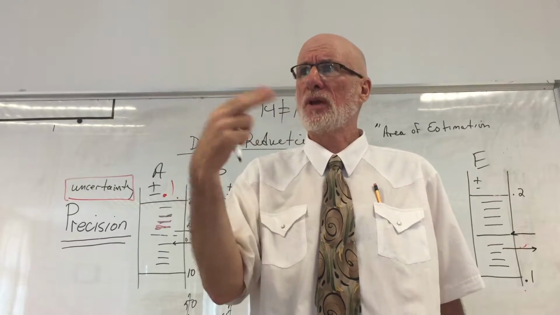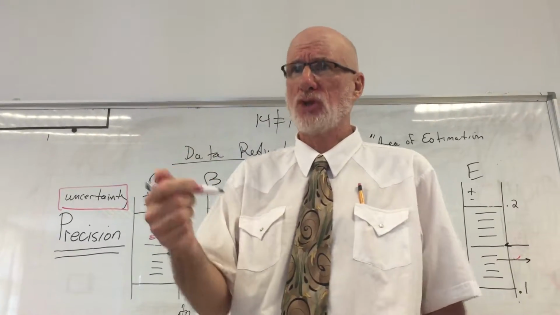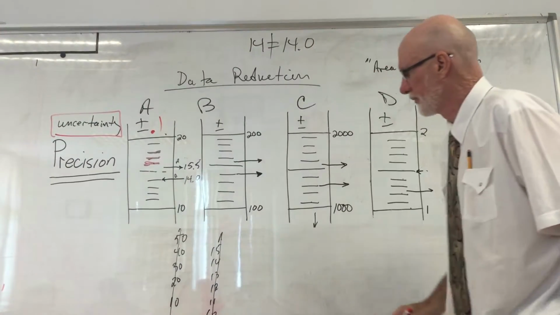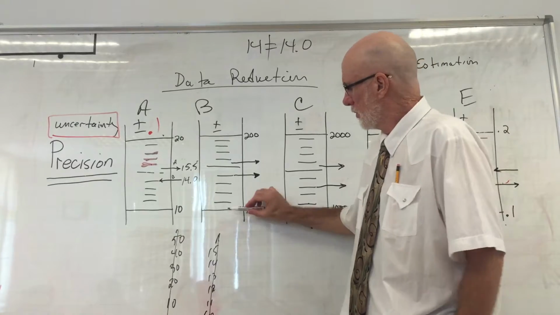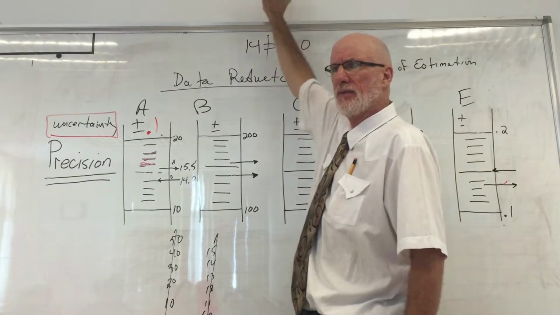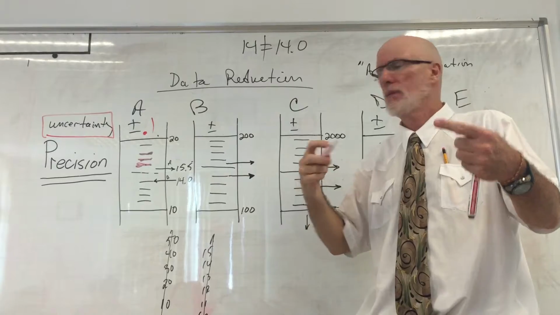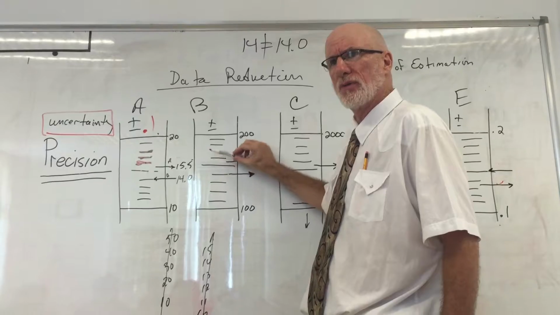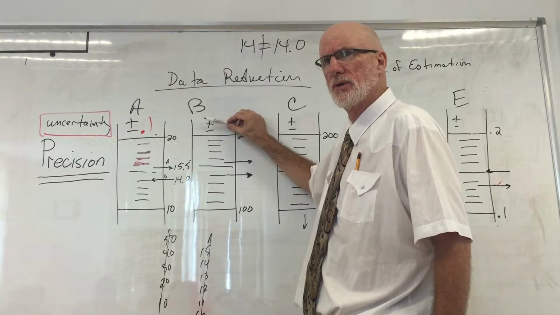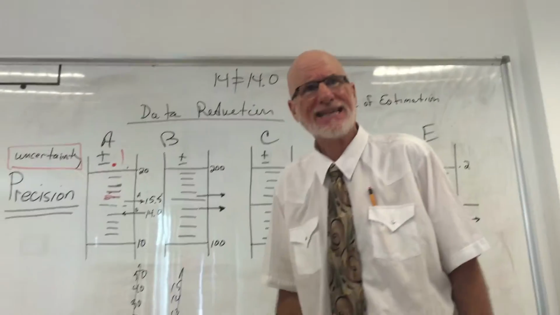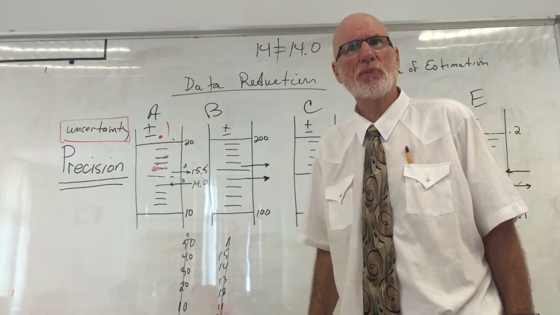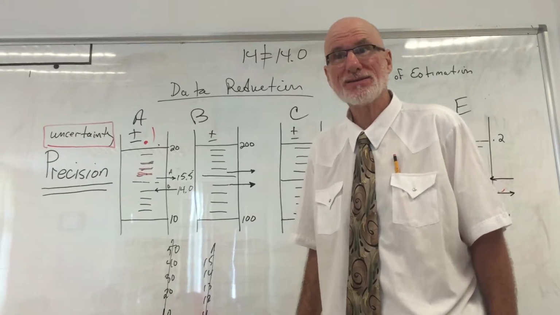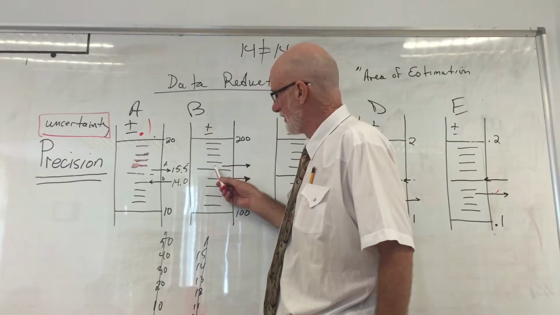Can we move a little bit faster? Because this is kind of a review. What's the precision here? You ready? 100, 200, 300, 400, 500. What place value is changing? Hundreds. Excellent. 110, 120, 130, 140, 150, 160, 170, 180, 190, 200. What place value is changing? Tens. What place value is one less than tens? Ones. Hey, look, that's this area, right?